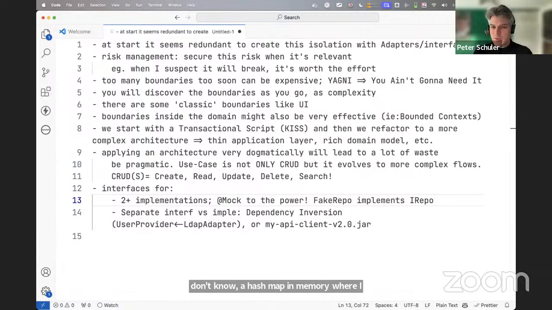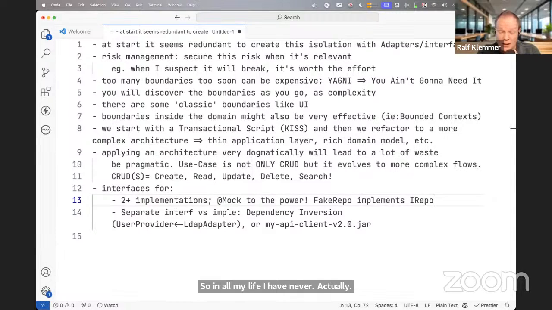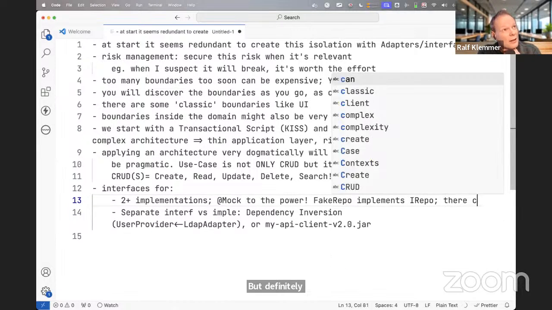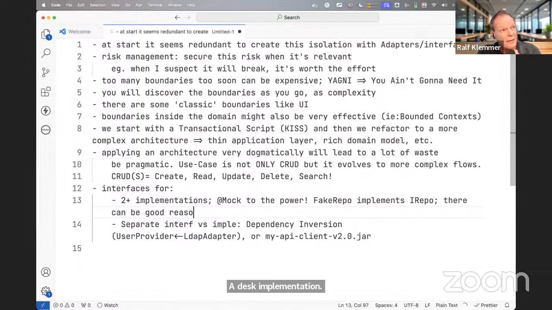So in all my life, I have never actually created a true fake test implementation. I did multiple times for good reasons, because your argumentation really leads to